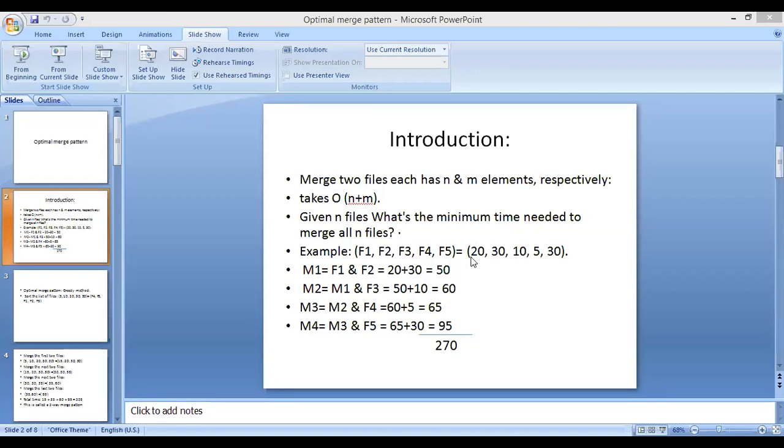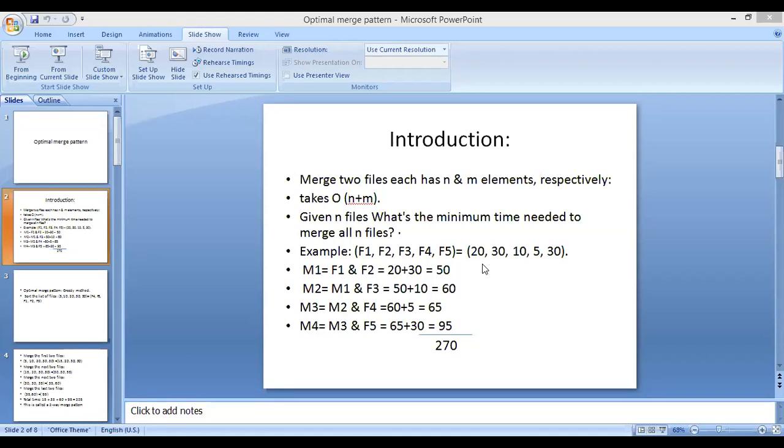So the thing is, if you are having f1, f2, f3, f4 and f5, f1 has data 20. 20 means consider 20 elements. Don't consider it as the first file having 20 written in it. No, 20 means the number of elements stored in the F1 file in sorted form. Either it is alphabets or numeric, it doesn't matter.